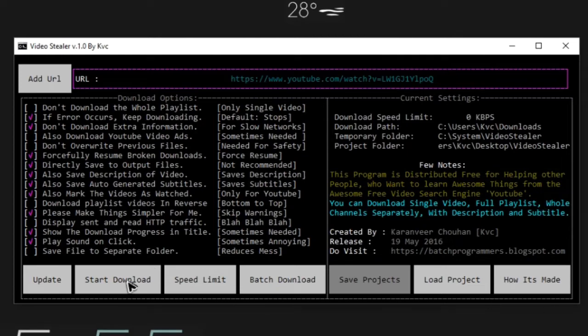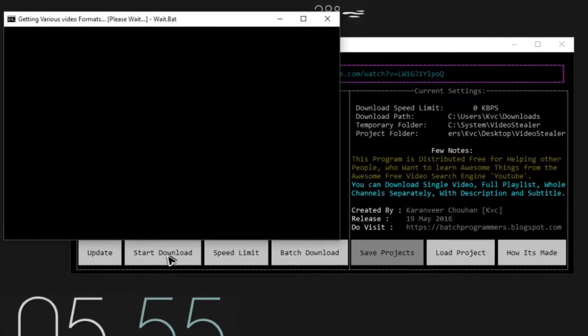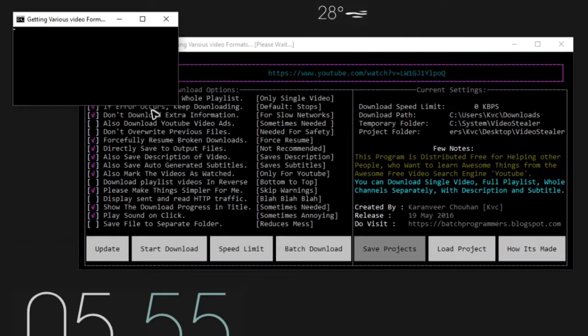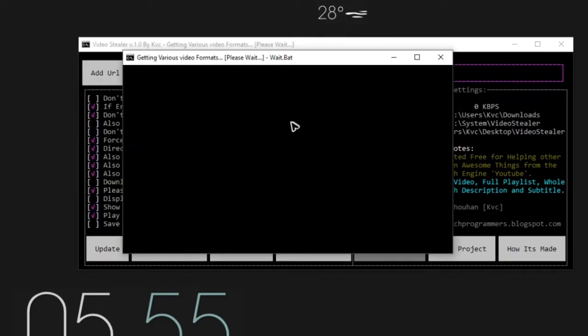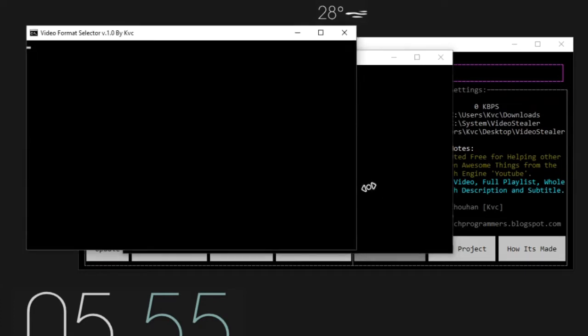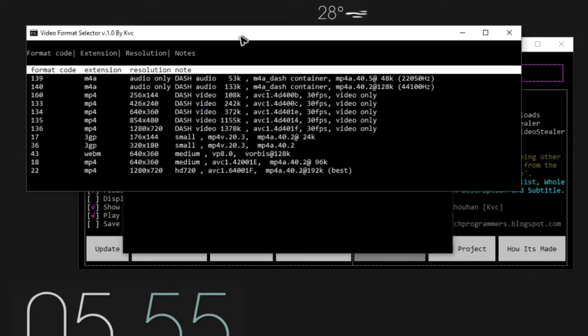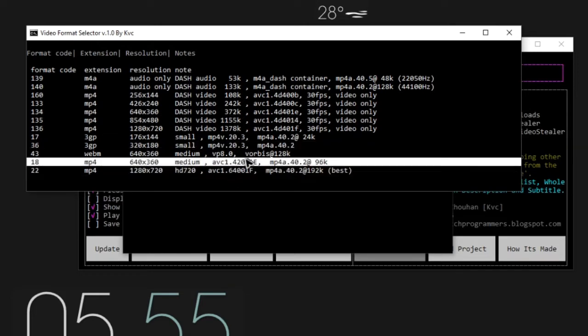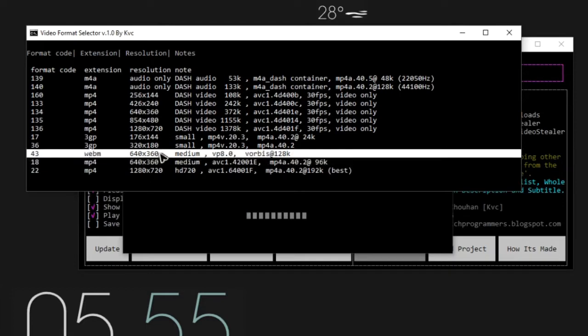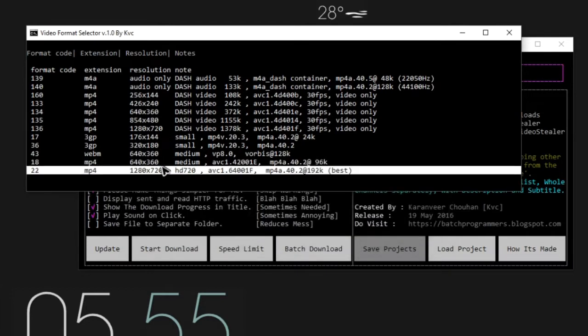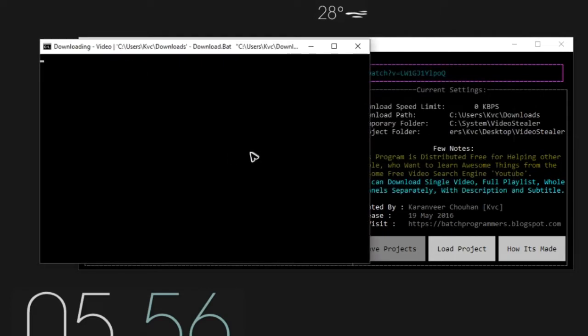So let me click on the start download button, and it is now downloading some information related to the video that we have selected. So it may ask us various file types. Okay, yeah, it is asking for the available sizes of the video. You can see here HD and medium size, small size, whatever you want. Let's download the small size. I've selected that,